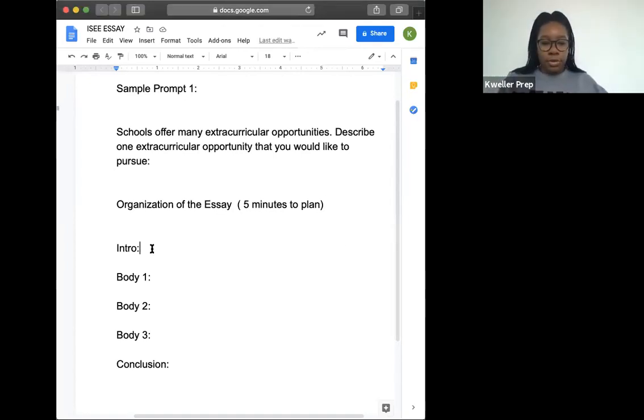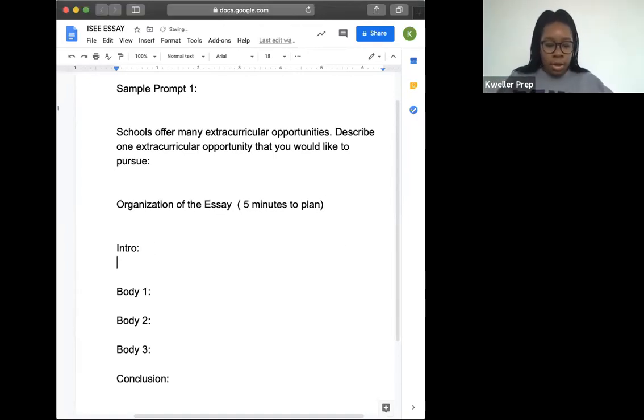So in your introduction, what I think works best is always when you start off with a little anecdote. And what do I mean by that? When you have an anecdote, it's sort of like a little quick story about something that, of course, must be appropriate to the prompt. It grabs the reader's attention. Or perhaps a vivid description of something that, of course, falls in line with a prompt. So you're going to need